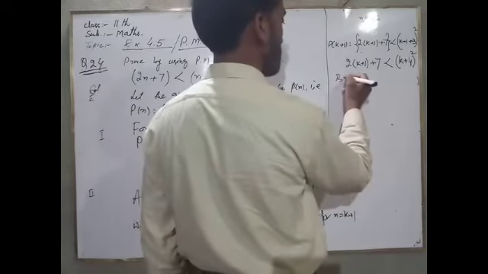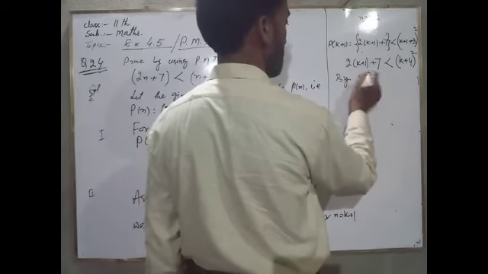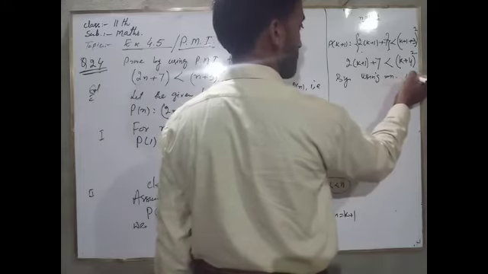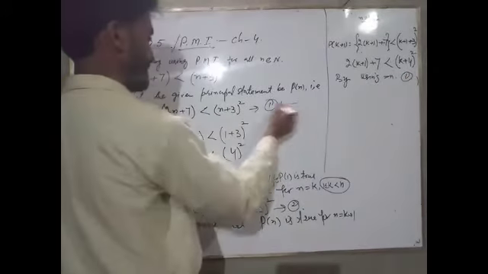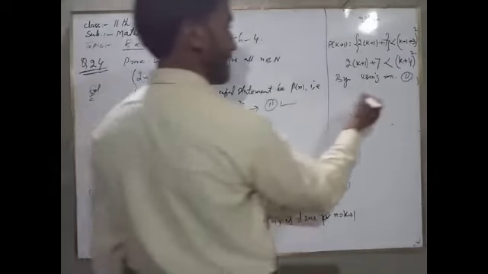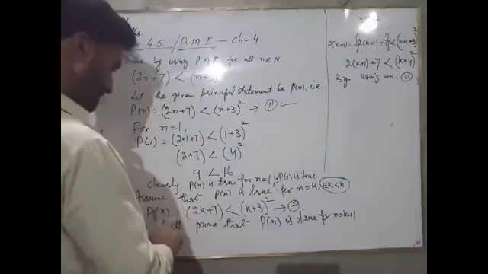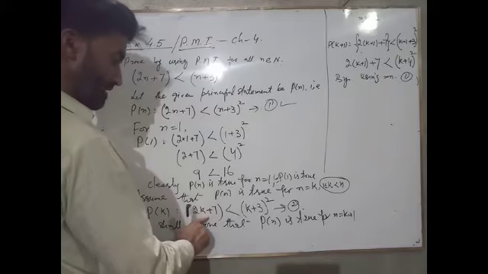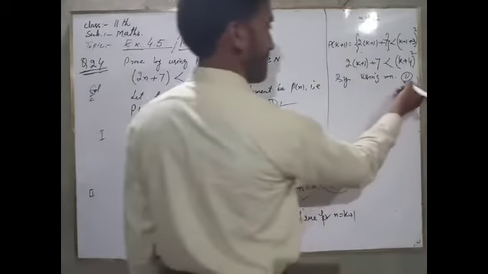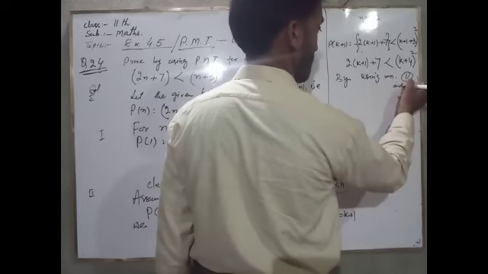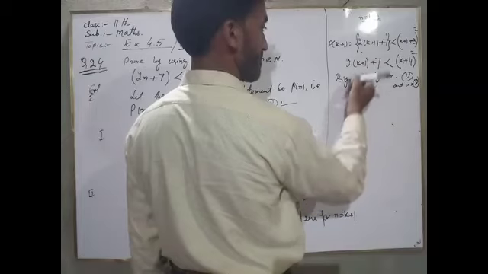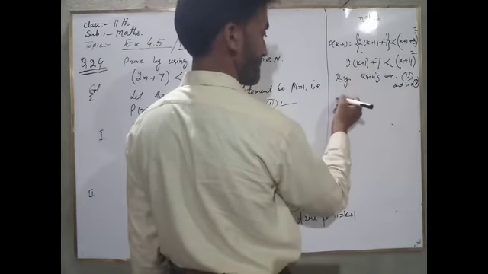Now by using equation 1, that is 2n plus 7 is less than (n plus 3) square, and equation 2, 2k plus 7 is less than (k plus 3) square, which we assumed,